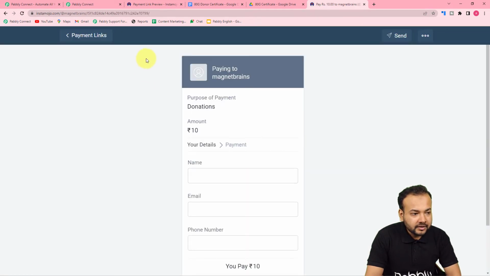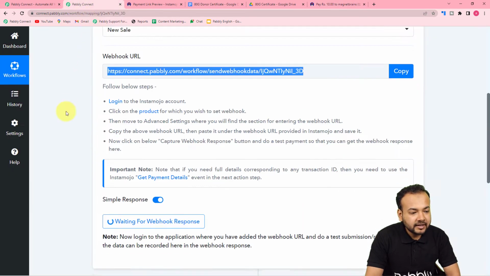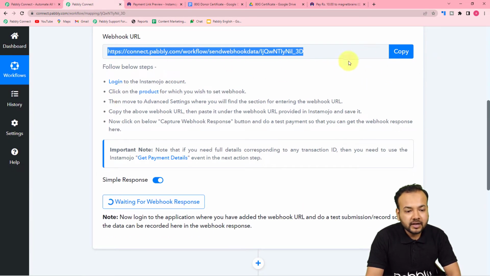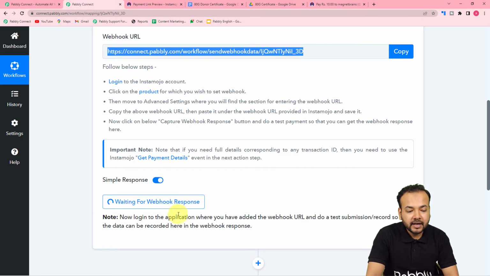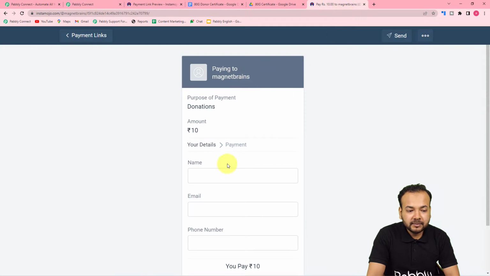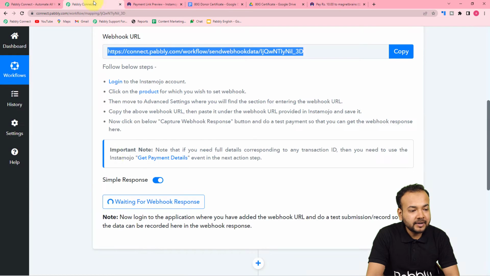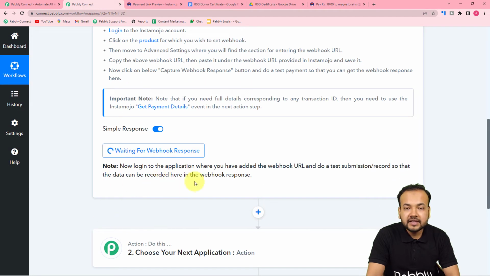Alright, so guys, we have added the webhook connection in this smart link. Here you can see, as I have copied this webhook URL from this workflow, it started showing here waiting for the webhook's response. So this means now we have to perform a test submission. The test submission would be doing a demo payment or a test payment here from this smart link, and we are going to capture the data of that payment here in this workflow,